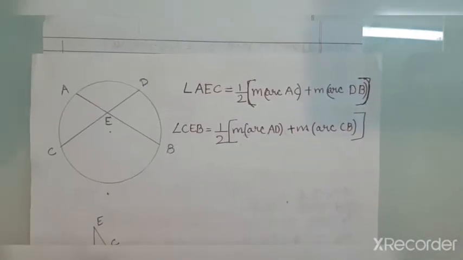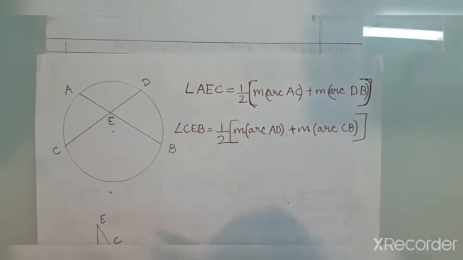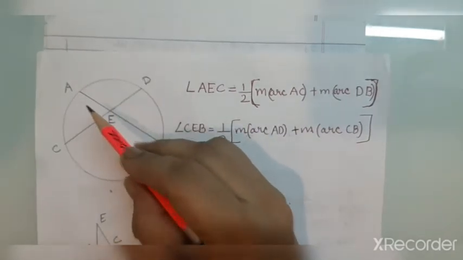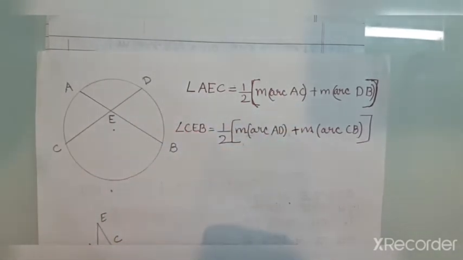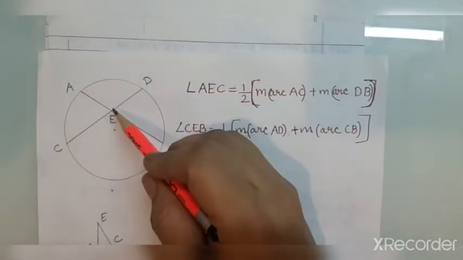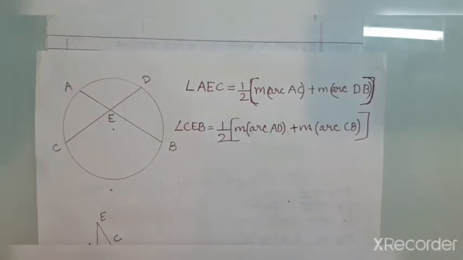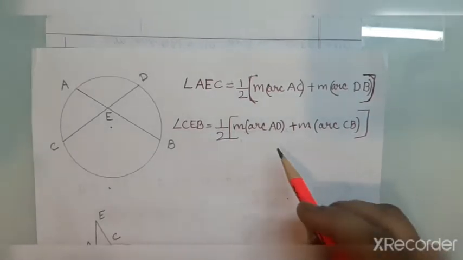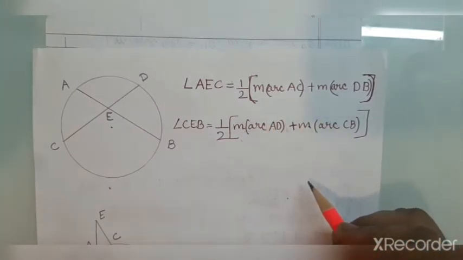Now next, 2 properties of circle and the lines, or 2 chords: if there are 2 chords in a circle, so you can see here there is a circle with center, and there are 2 chords, chord AB and chord CD. So if 2 chords of a circle intersect each other in the interior of a circle, you can see these 2 chords are intersecting inside the circle, then the measure of the angle between them is half the sum of the measures of the arcs intercepted by the angle and its opposite angle.